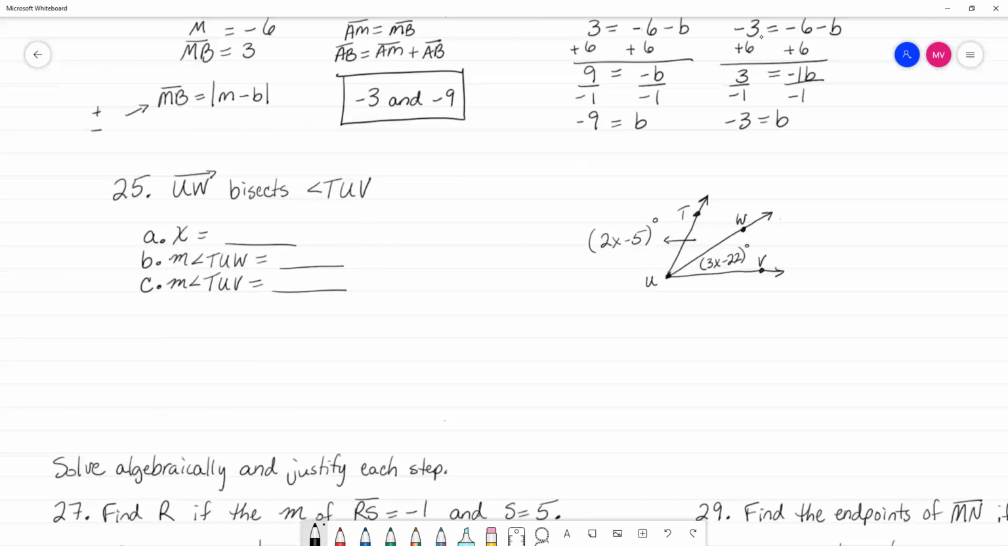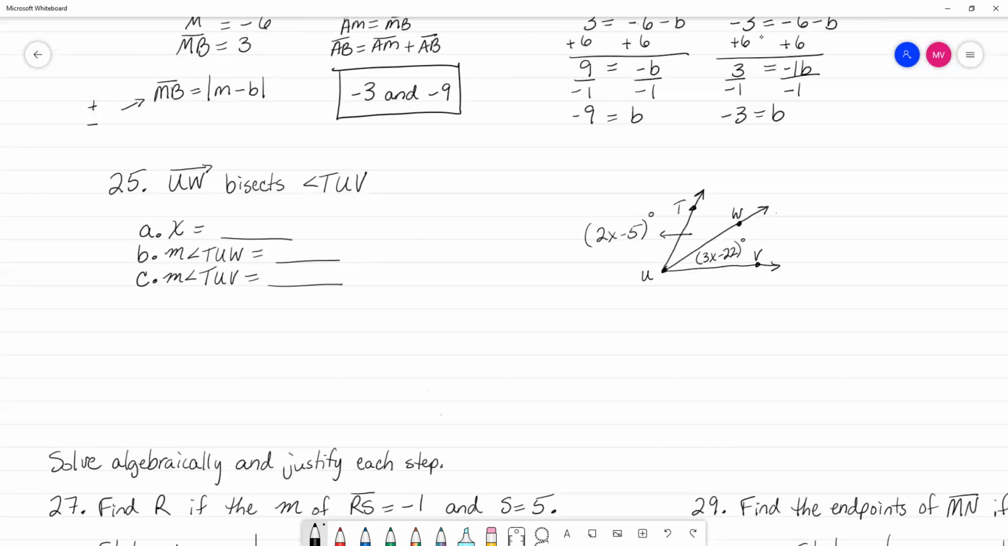Number 25. Okay, so number 25, we're getting into the bisectors. So we are given the diagram off to the right. We have an angle TUV that has been bisected by ray UW. And what that does is that creates two interior angles. And the fact that UW is a bisector tells us a couple of things. The first thing it tells us is that